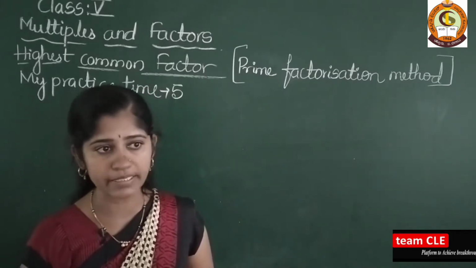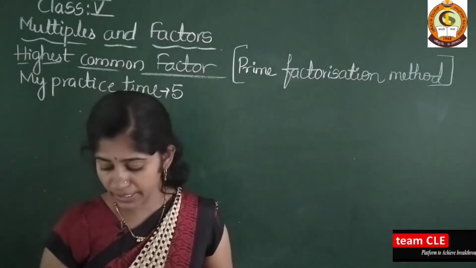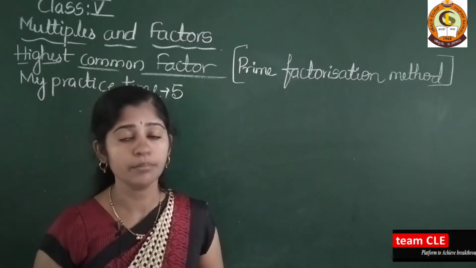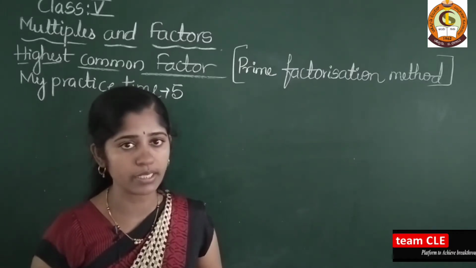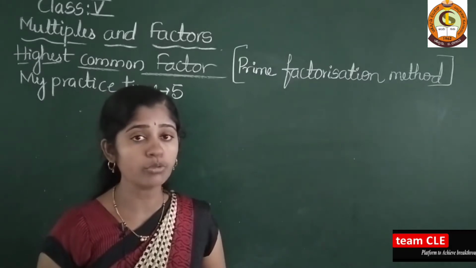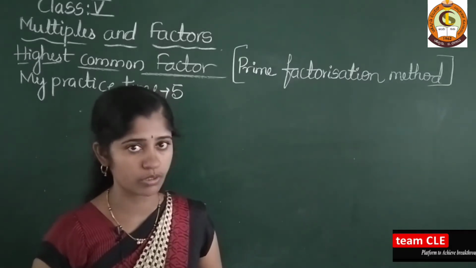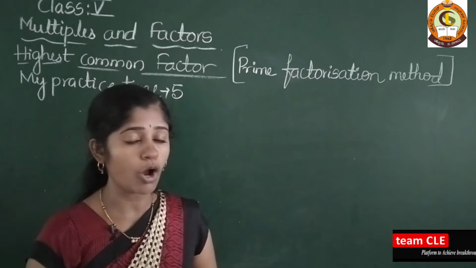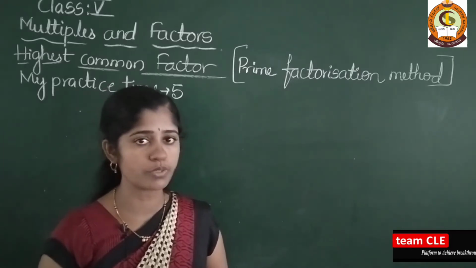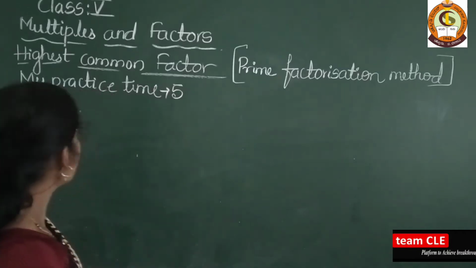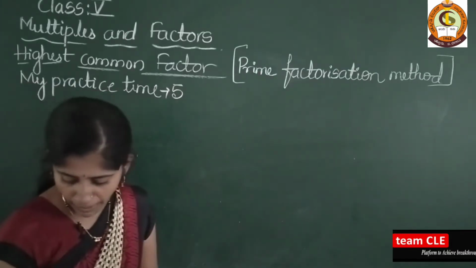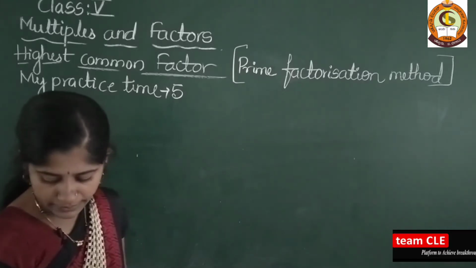So in your practice time they have given: find the HCF of the following using the prime factorization method, means you have to use only prime numbers to find the HCF. You have found the answer for LCM also, isn't it? Here all methods are the same, but there are little changes that you have to observe properly. So here I will take one example from your practice time for you.